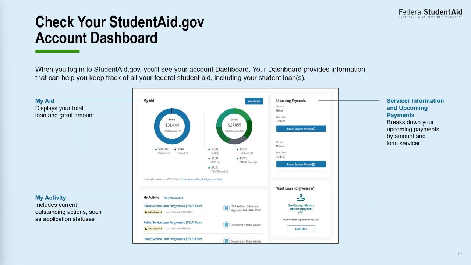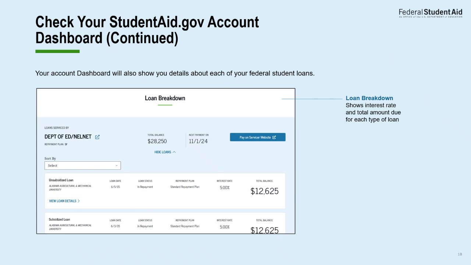And then also, if you have servicer information that you need, if you want to get a quick snapshot of your student loan, who your loan servicer is, and when that due date is, you will be able to see that also on your dashboard. Now, you also will be able to see your loan breakdown as well. So here you'll be able to see any of your loan details, which means the interest rate.